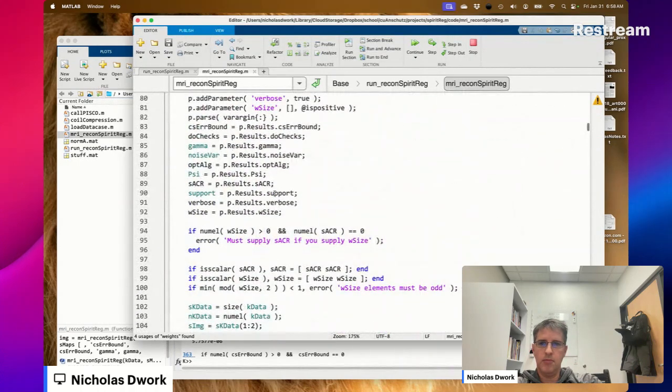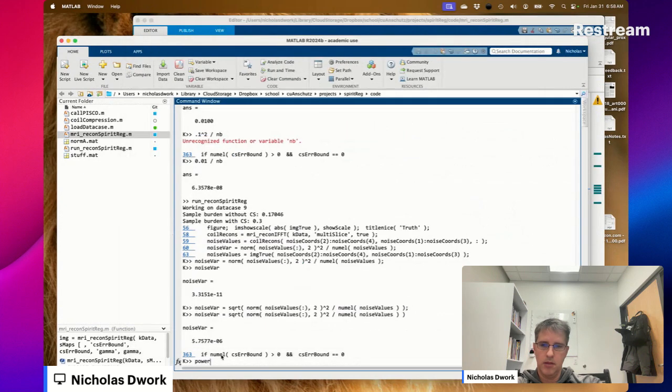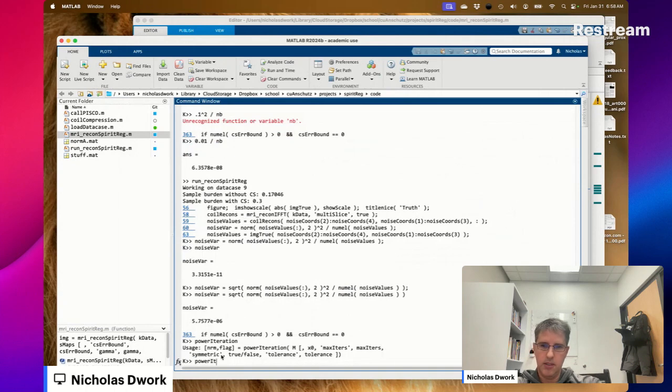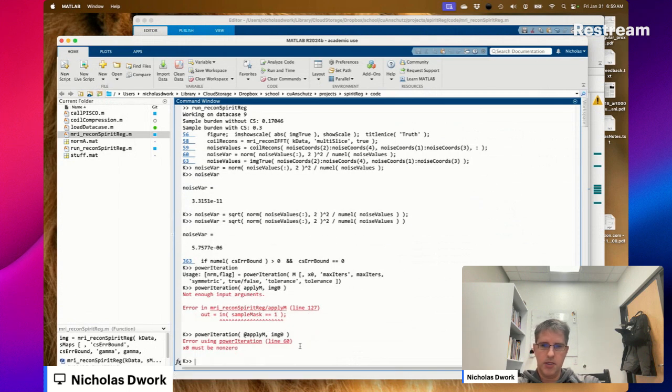Do I have an apply M? What is the usage of power iteration? Not enough input arguments. X0 must be non-zero.